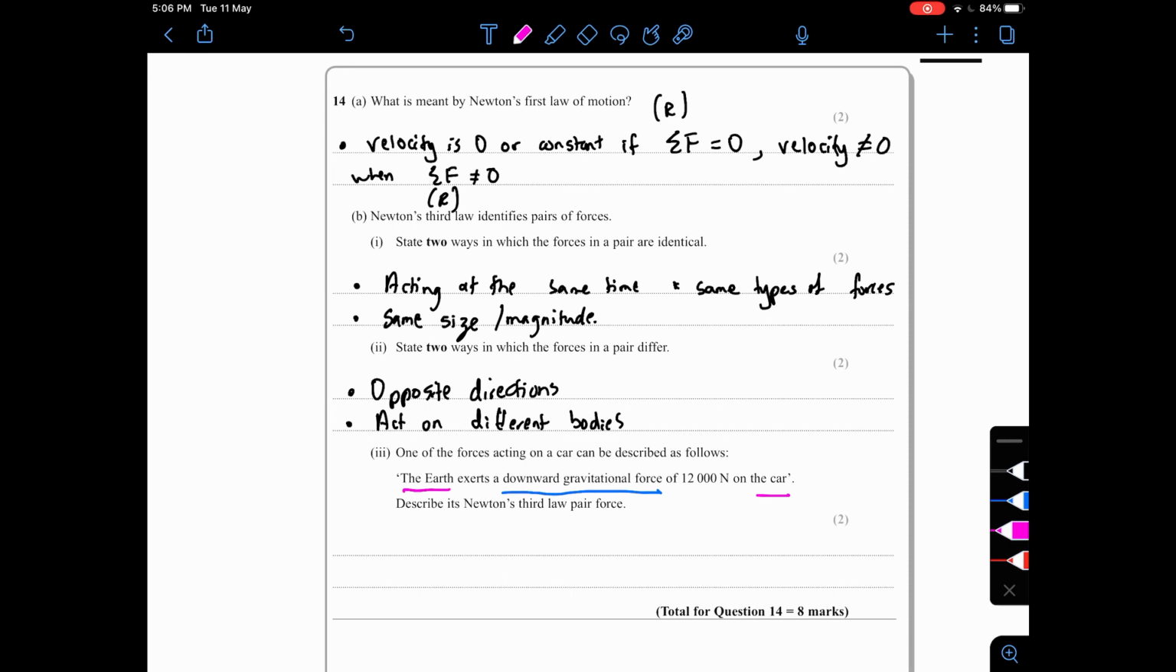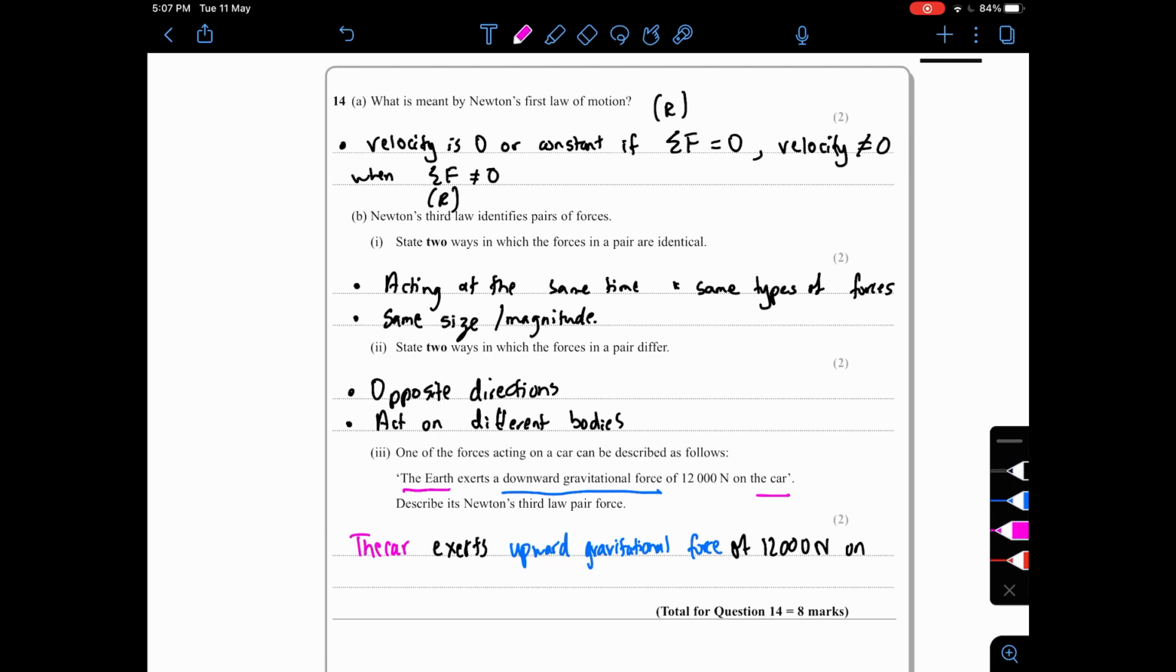So we know that the bodies are going to change, right? I'm going to just do it in a different color. So we're going to say the car exerts, right? Now it cannot exert a downward force. It must exert an upward force. Now the gravitational force stays the same. The gravity is the same force. Gravitational force, right, of 2000 newtons, the same size, right, on